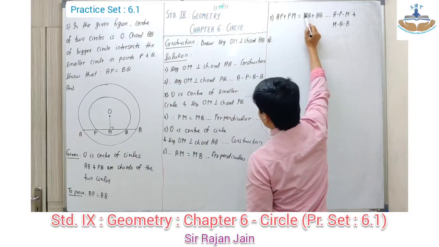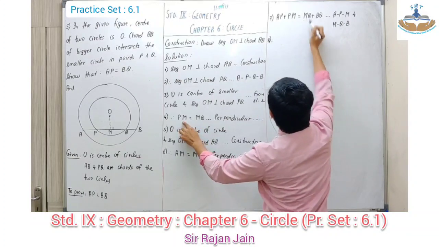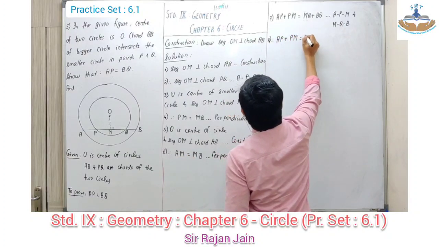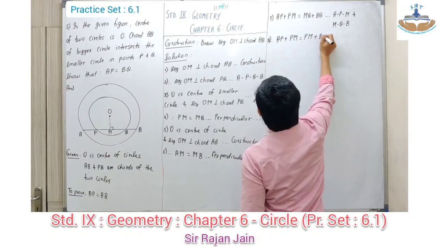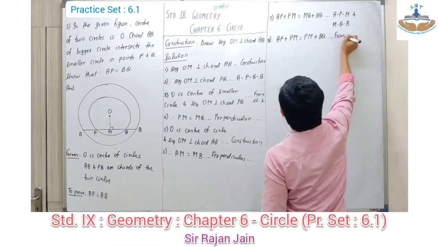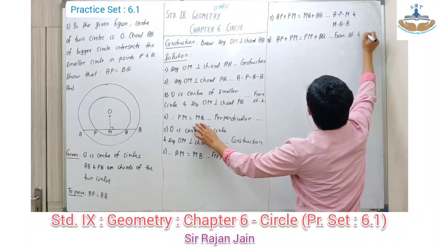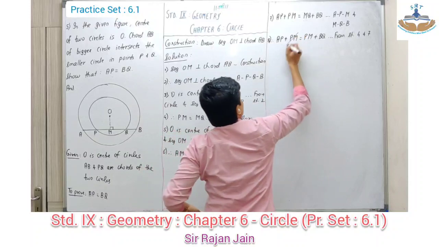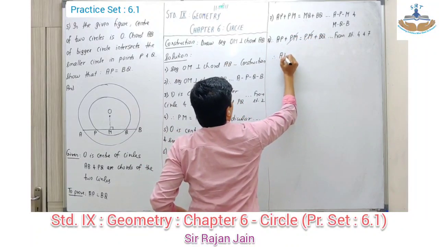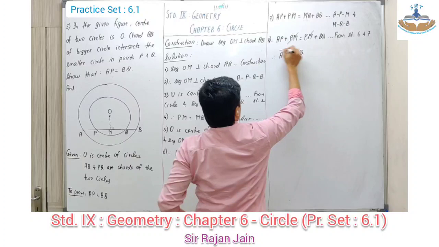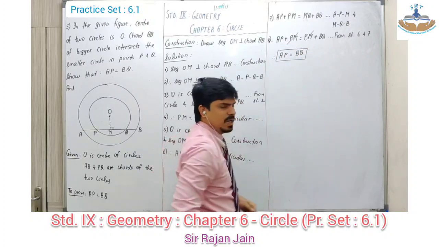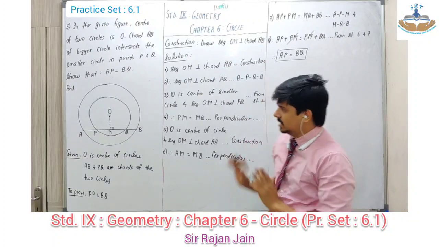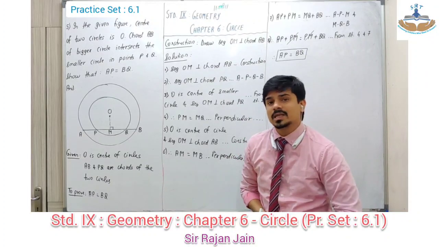So that ये MQ के जगह पे now I will write PM and PM will get cancelled. So AP plus PM is equal to PM plus BQ. Reason I will write from step 4 and that substitution I have done it in step number 7. So look here, PM got cancelled and you got AP equal to BQ. So ये question difficult नहीं है, simple है, but it is of different category. पहले चारों sum में we had applied Pythagoras theorem. Here there is no Pythagoras theorem or anything as such.